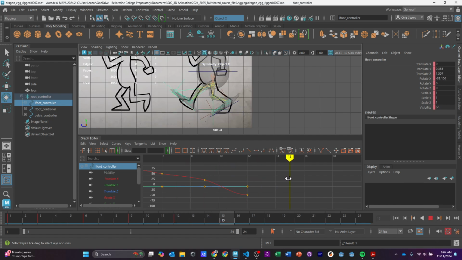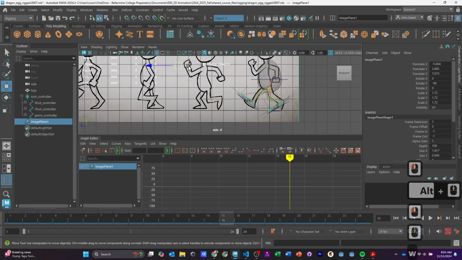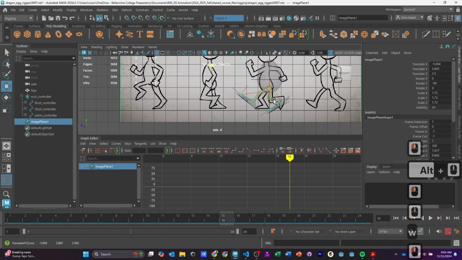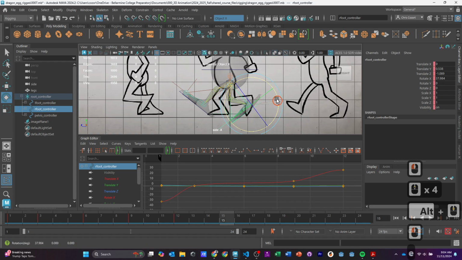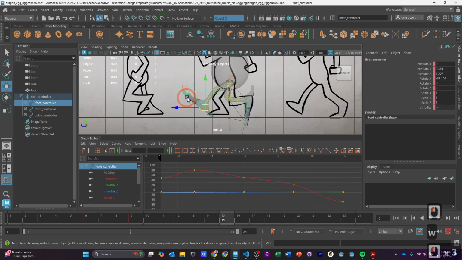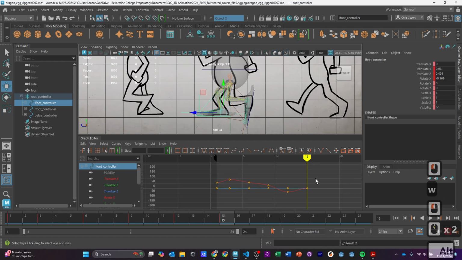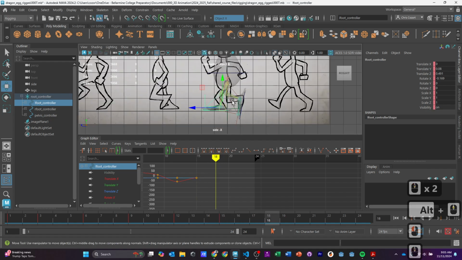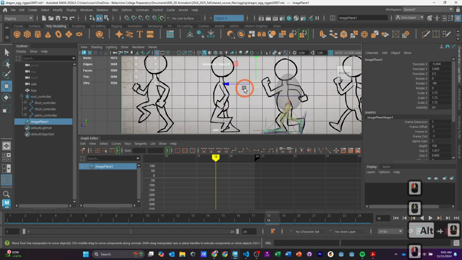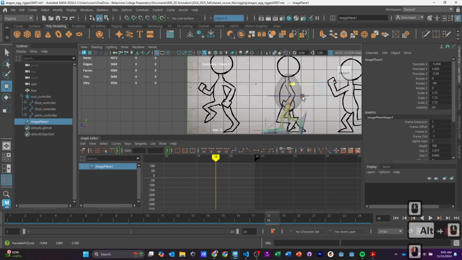And then at frame 15, we're just going to keep moving across. So we're going to go back into our down position at frame 15, meaning we grab this guy, rotate, and move. We grab this guy. Make sure you're on the right controller, or the left controller in this case, actually. And I'm going to rotate down and move. We go to frame 18, and we're back into this passing pose here,